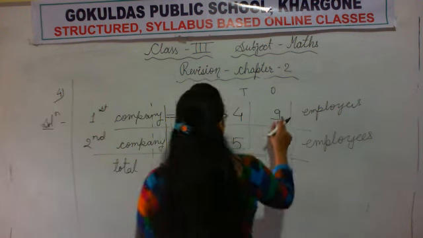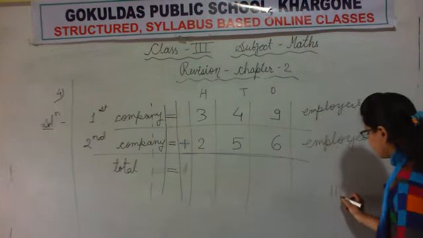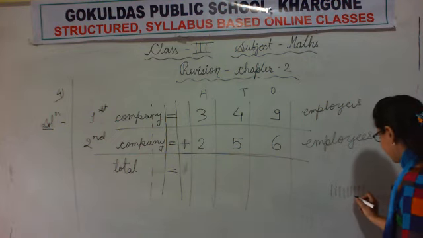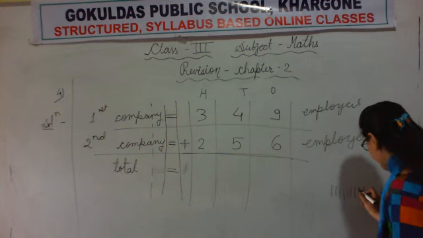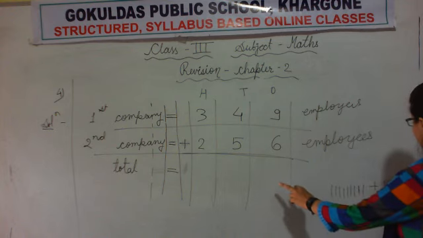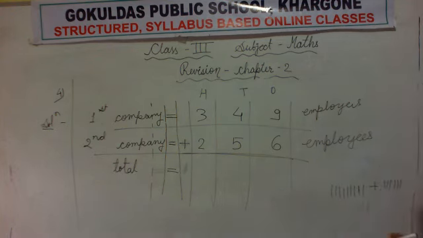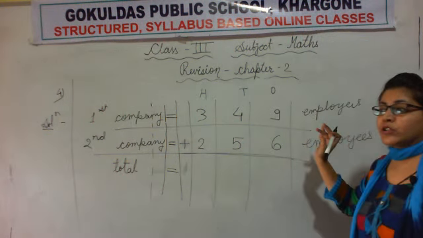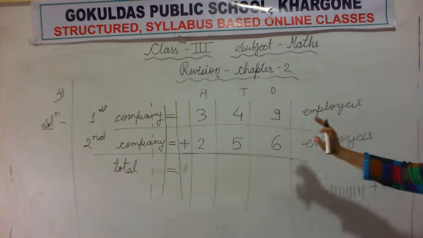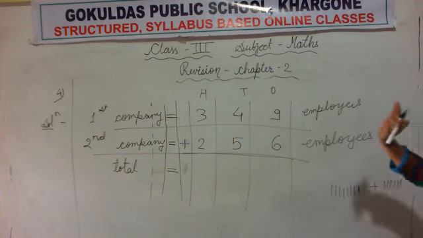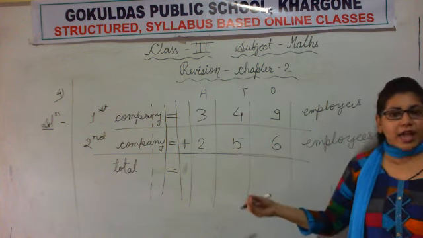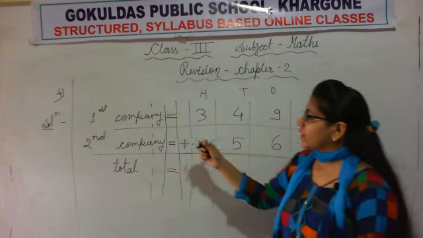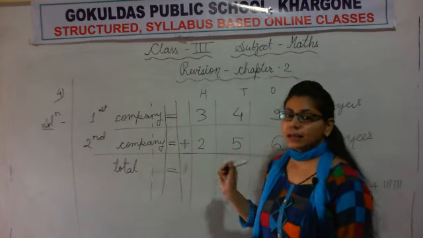Now let's do addition. 9 plus 6. So let's draw 4, 5, 6, 7, 8 and 9. And 6. 1, 2, 3, 4, 5 and 6. See, but these revision questions do not need to be written in the class copy. This will remain in the book itself. This is what I was doing. I was just explaining to you how to write. Do not forget to put the is equals to or plus symbol.